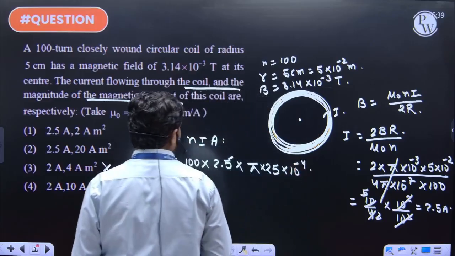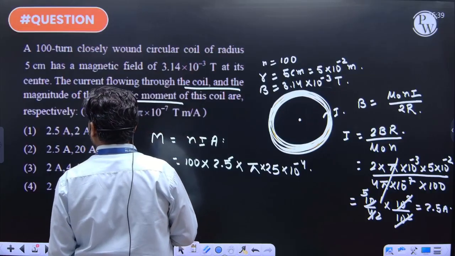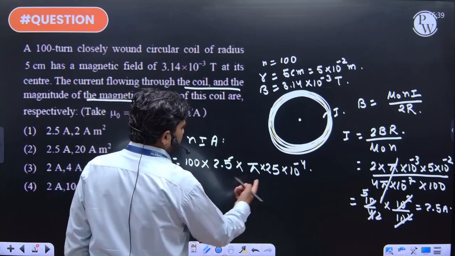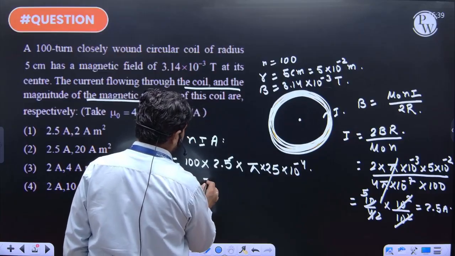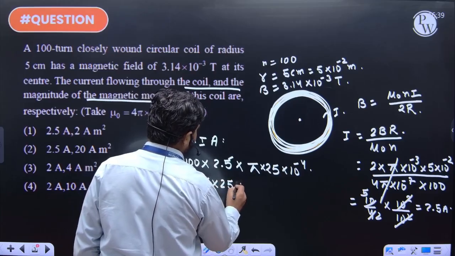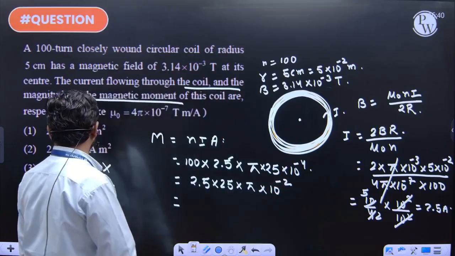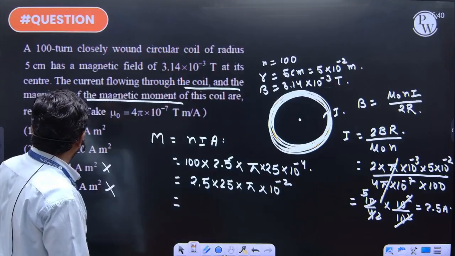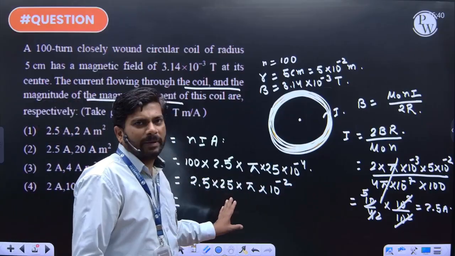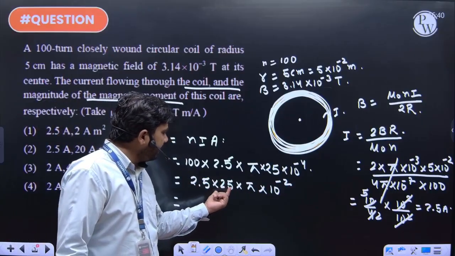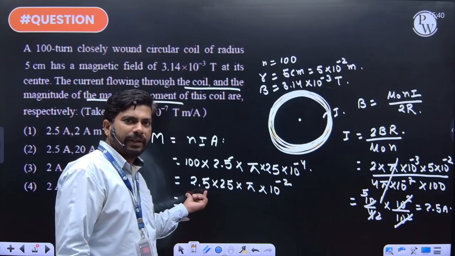Yes, some calculation part is there. So let's just see how much we are getting. If I take 10 to the power minus 4 here, it is 2.5 into 25 into pi into 10 to the power minus 2. For example, suppose you want to approximate, how are you going to approximate? Do you need to multiply this? No, you don't need to. Why am I saying this? Because 25 into 2.5, how much is it going to come? 25 into 25 is 625, so it is going to come